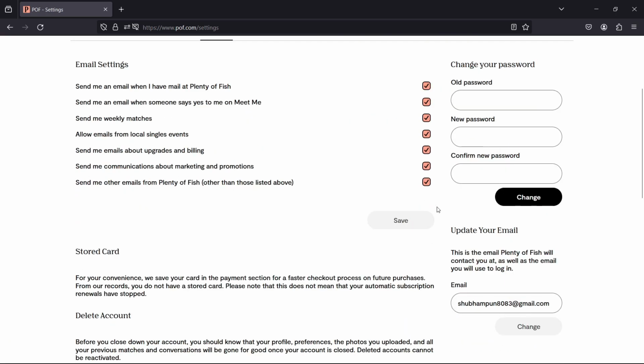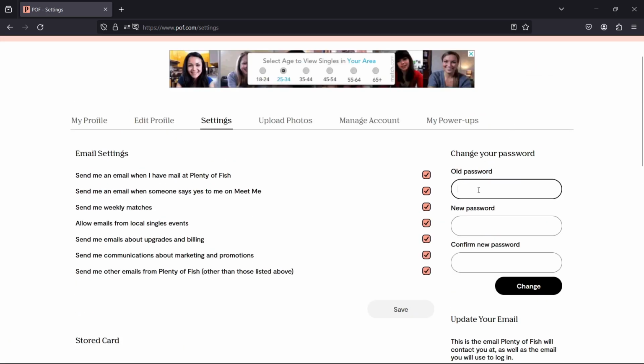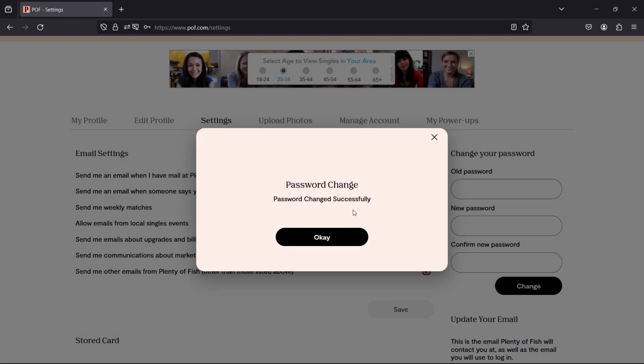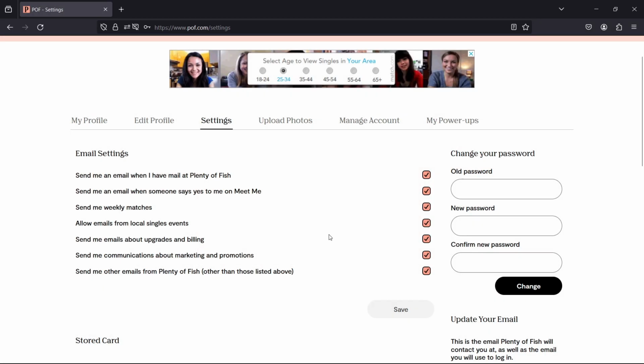web page. Now as you can see in the right corner, old password, put in your old password and put in your new password. Also confirm your new password and click on change. Now as you can see, your password has been changed, and that's how you reset your password on Plenty of